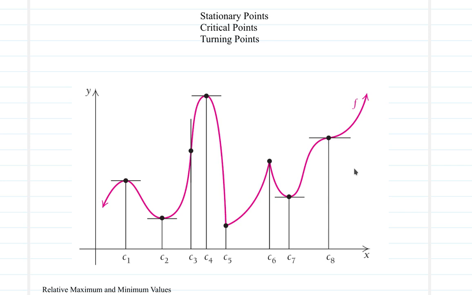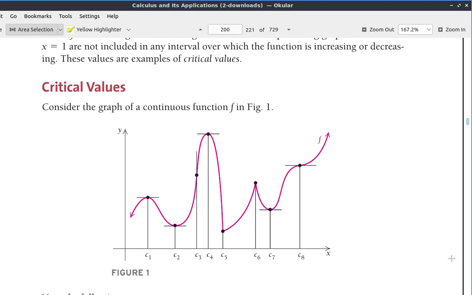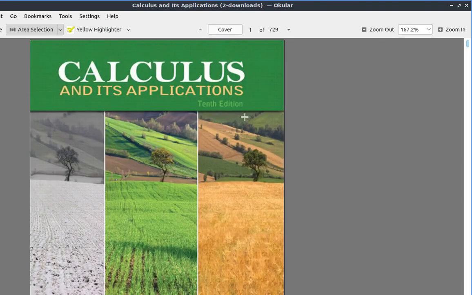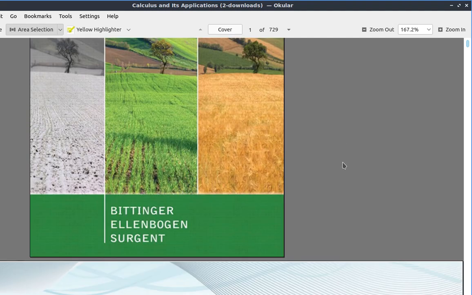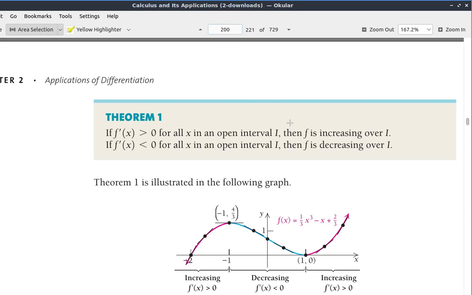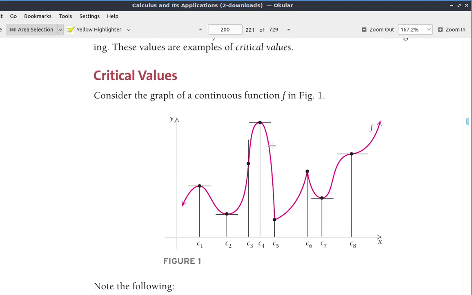I had copied this diagram from an ebook, Calculus and Its Application, 10th edition, by Bittinger, Ellenbogen, and Surgent. All right, very good book. I recommend you purchase a copy of the physical printed book. All right. Now here,